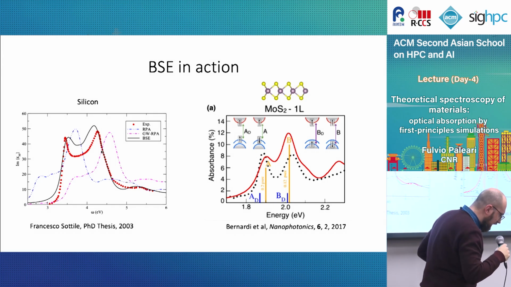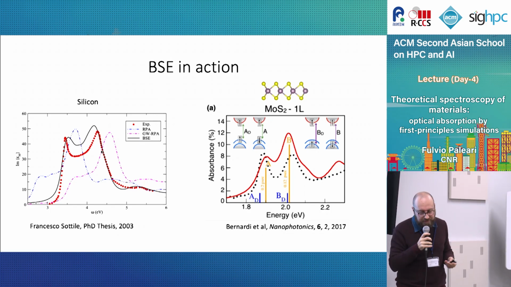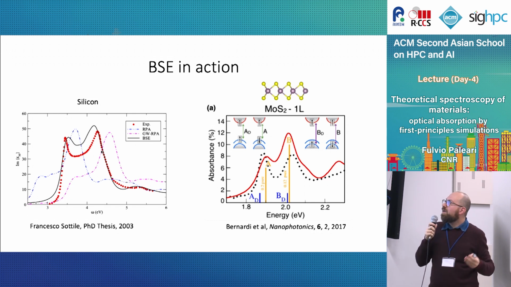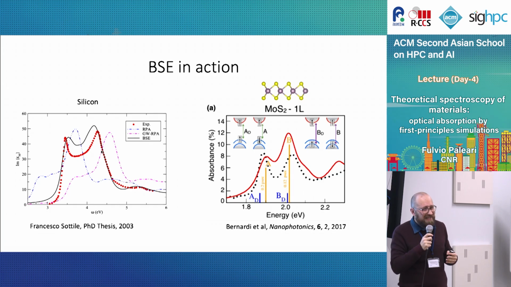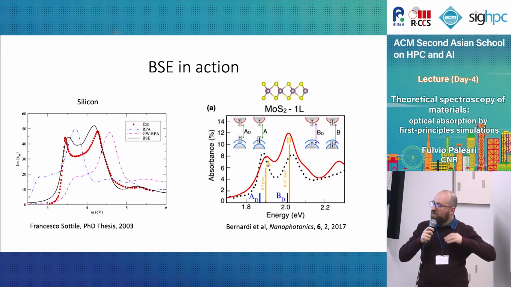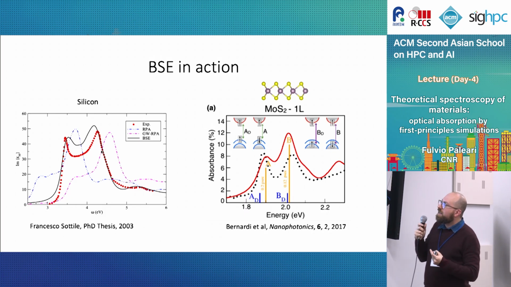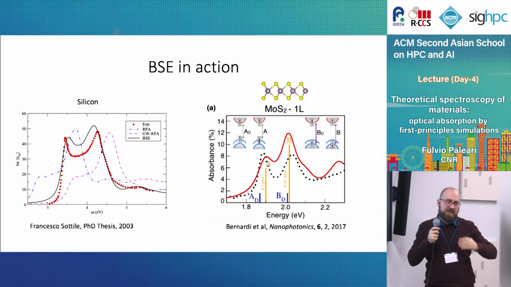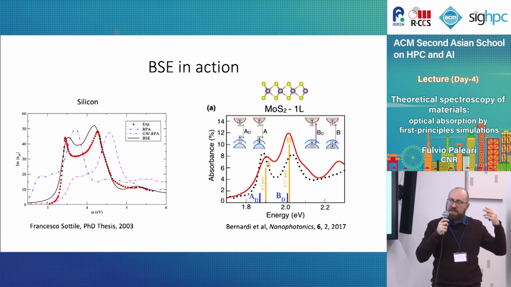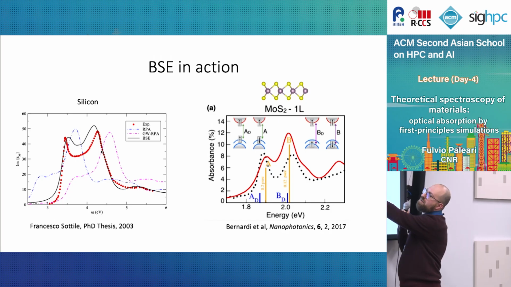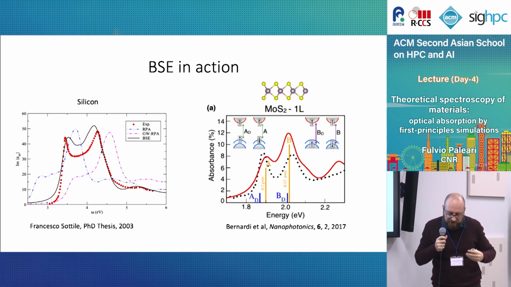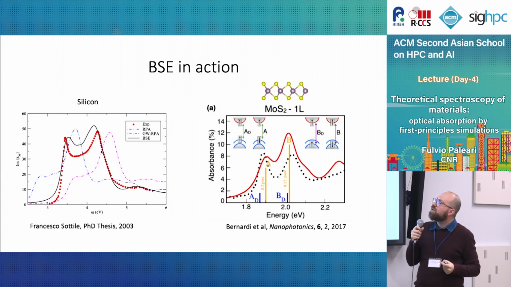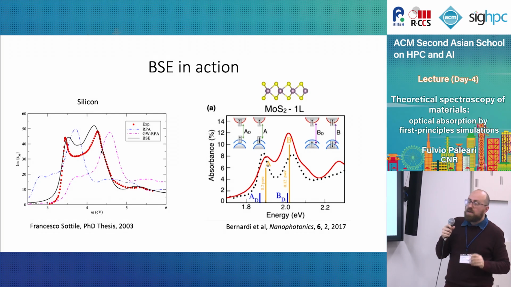And another example is here. This is a very famous material in the community. It is molybdenum disulfide monolayer, the most famous example of this class of materials called transition metal dichalcogenides, which are, okay, extremely useful for many, many things. And you see here the absorption spectrum has a particular feature of having two peaks. And these are two excitons that are below the band gap, the quasi-particle band gap of the system. The splitting of these two excitons is given by an interaction that is called the spin-orbit interaction. And the only way to capture it correctly is to solve the Bethe-Salpeter equation, as it has been done here. Okay.